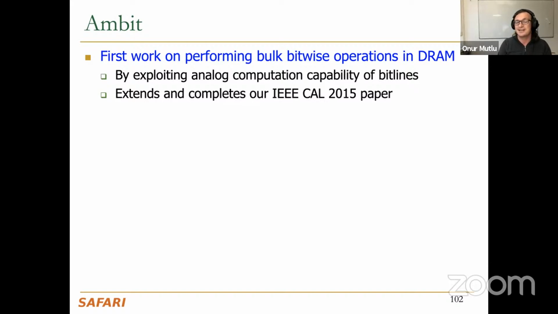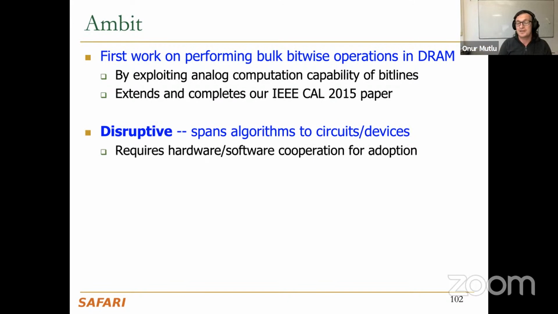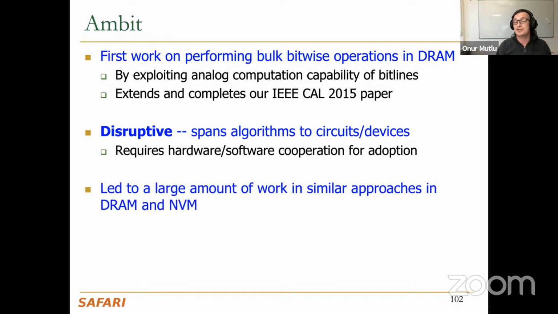mapped into DRAM. So in my opinion, it's disruptive because it spans algorithms to circuits and devices, and the paper actually covers the entire stack. It requires hardware-software cooperation for adoption. It led to a large amount of work in similar approaches in DRAM and NVM. And the work continues to build, including the compute DRAM work that I mentioned, which builds on Ambit work